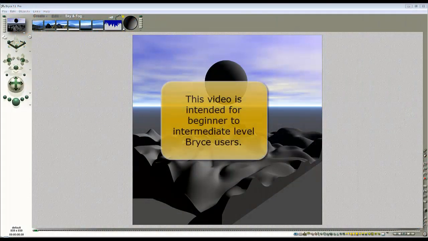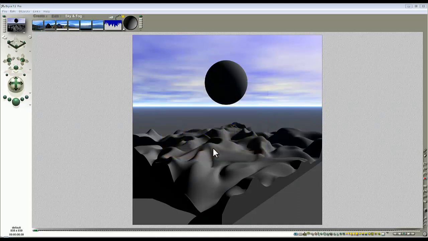I've set up this simple scene. I've got a default Bryce sphere here, an infinite plane in default grey, and a terrain in default grey. It's been set to solid and has a dunes fractal applied to it. What I'm going to do is load in a material for this terrain and also one of